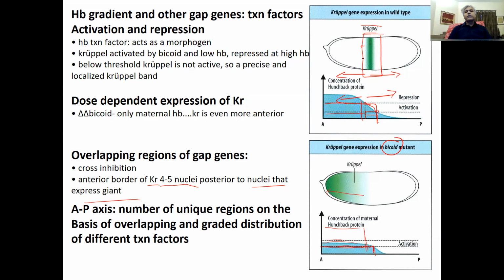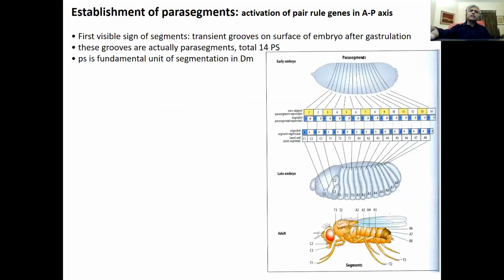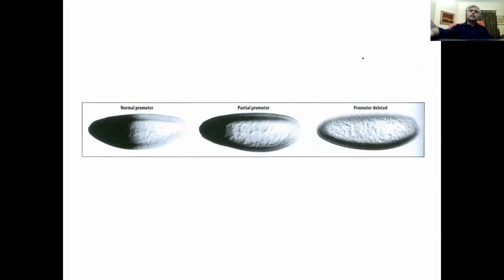And soon we are going to see how these overlapping concentration gradients of different transcription factors impact fly development. But before we move there, let's talk about how we know that the